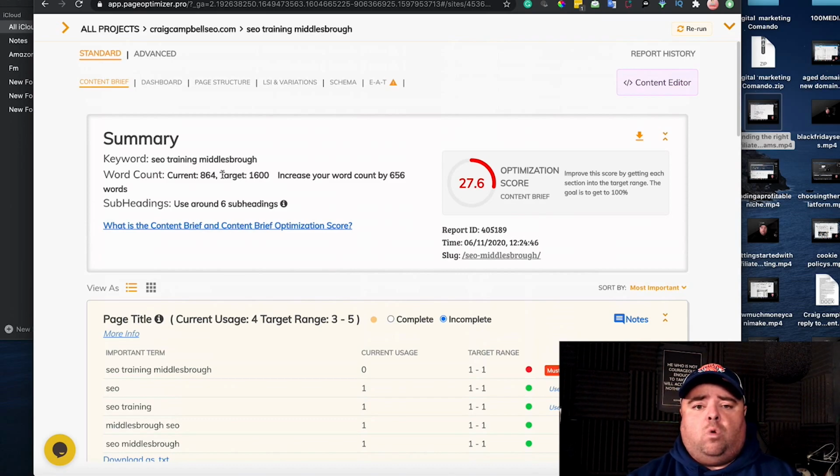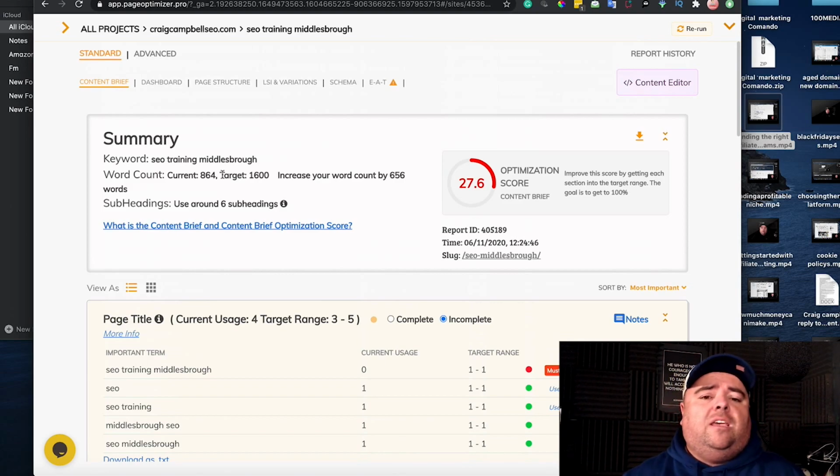Now, that current word count is really important because everyone says, how many should it be? No one can randomly guess that for you. Go and use a tool that actually provides you with real data. That is what you need to do. You need to be matching or doing better than the competition.